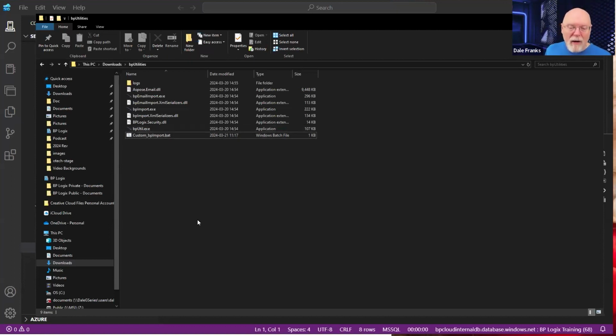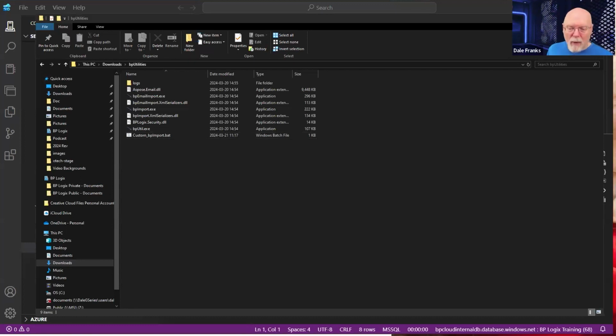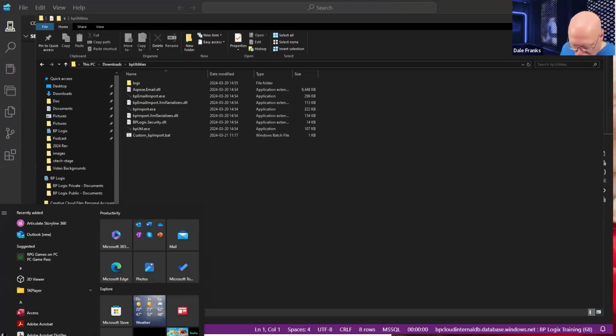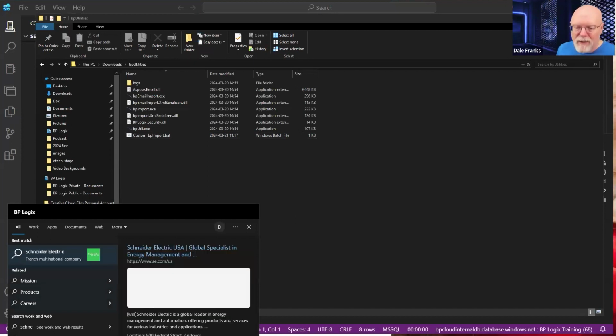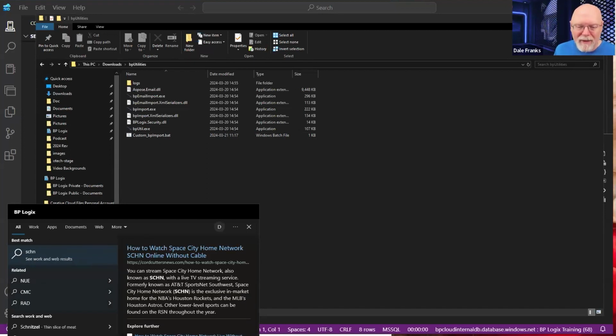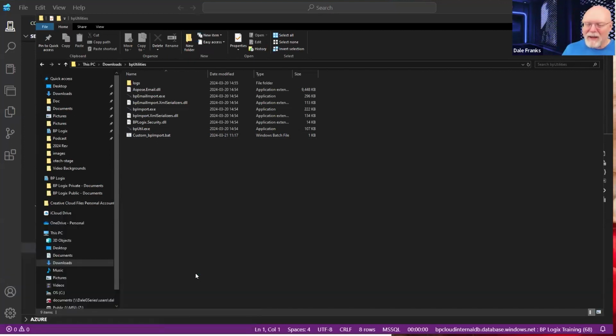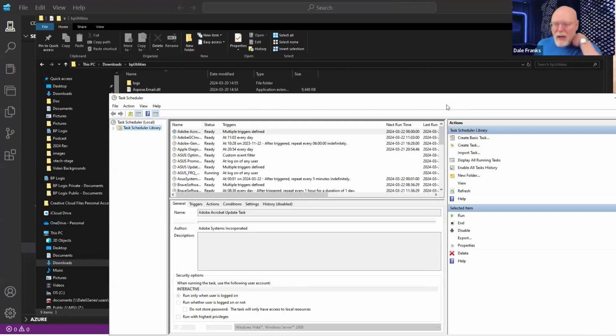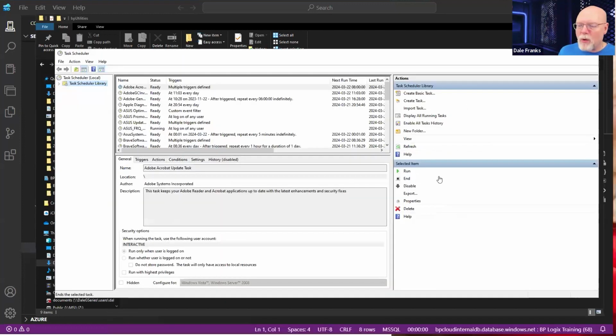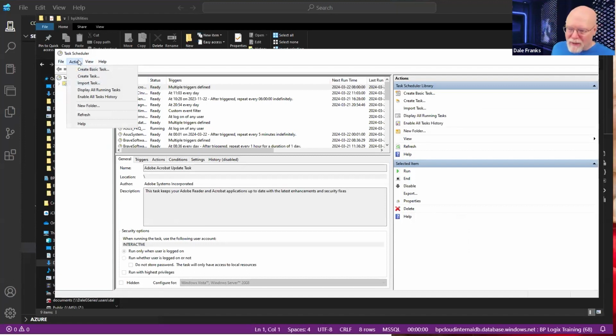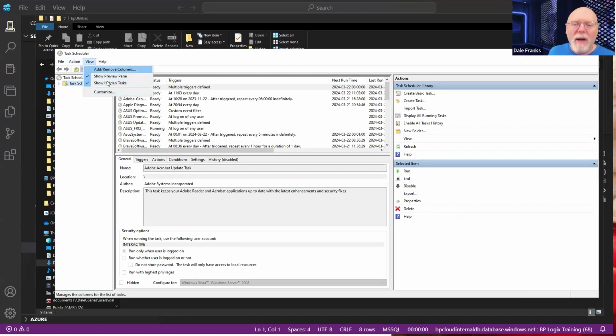So now all I have to do is go to my Windows menu and search for task scheduler. There it is. I can open up my task scheduler and I can create a scheduled task to run that batch file. So I'm just going to go to action. And by the way, we're probably not going to see it run, but we might. I think I have to run it manually though. So we will go to action and we will create a task.